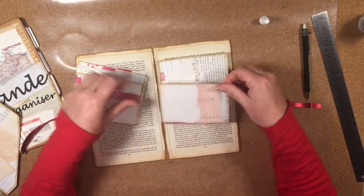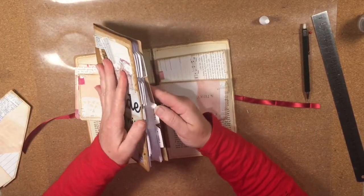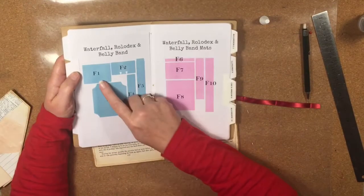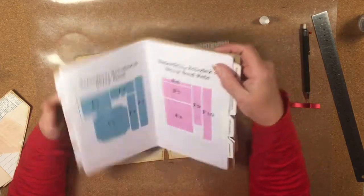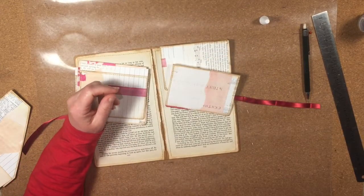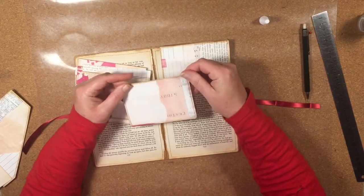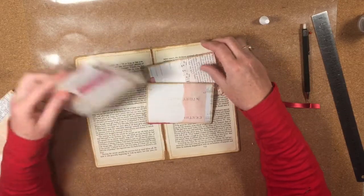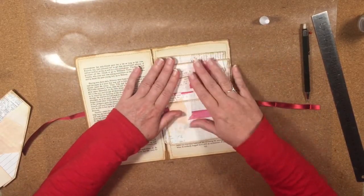So I've cut 6 of these pieces out, and that's these waterfall pieces, F1. I've cut 6 of those out, and they already have the score on them. So I've just folded on that score, I've inked all around it, and I even stitched around the edges. So I've got 6 of those, and I was thinking that I would have those on here, and then with